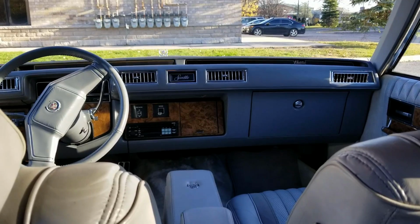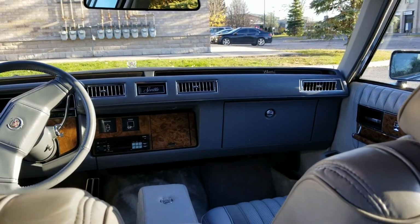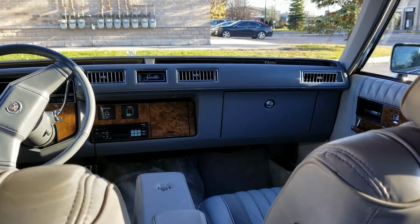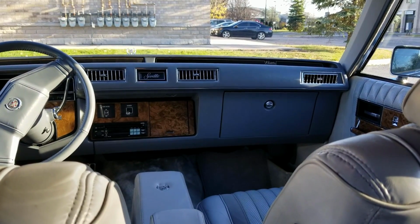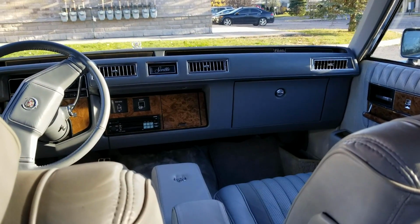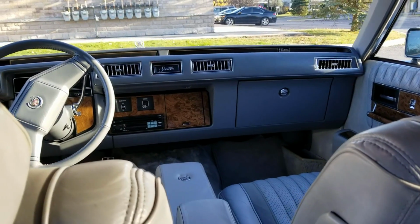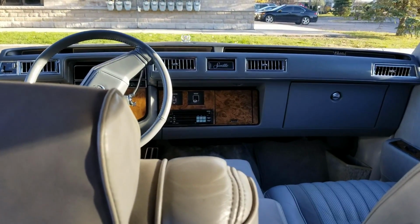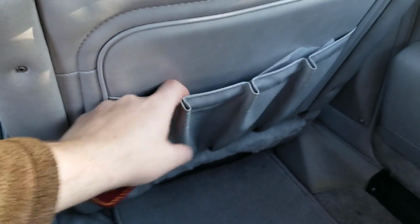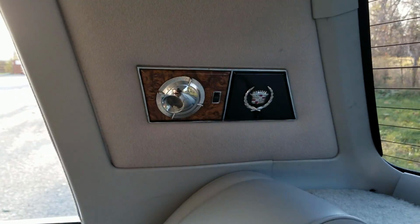There is, of course, a good amount of room in the back, a lot of headroom, which I really like. I'm 6'4", and I've had a lot of cars. Even I had an S-Class, an S500, that no matter what, unless you sit in a really weird tilted back position, your head's constantly hitting the top. I've had that in a couple of Audis, Volkswagens, some Chevys, but not in this. Even in the back seat, I've got tons of headroom. Nice storage back here. The only other thing really of interest, you do have the map light at the back here